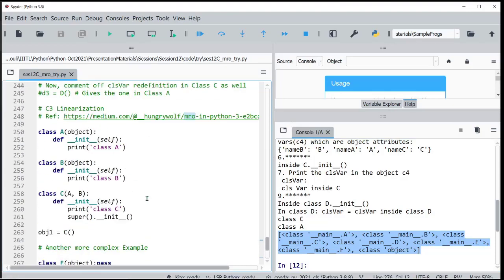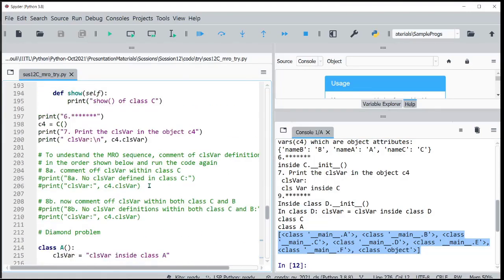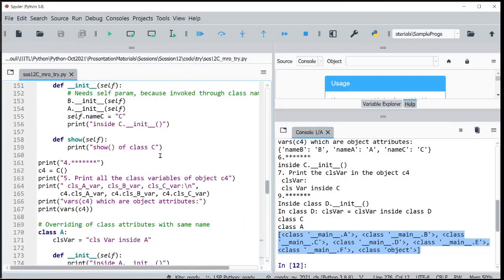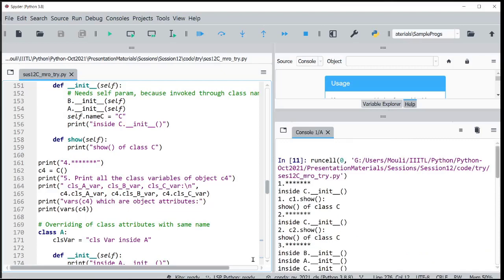Now the remaining classes are all simple things which I have written for your self-reading, which you can run, understand, and read. Okay, so with this